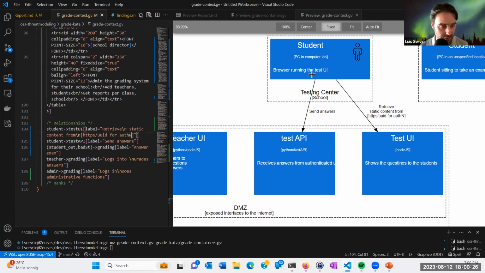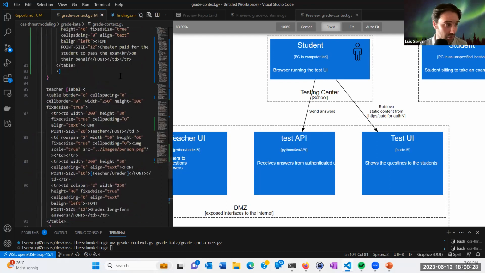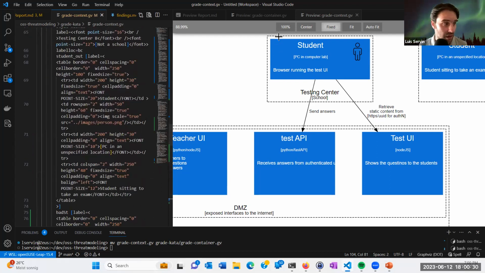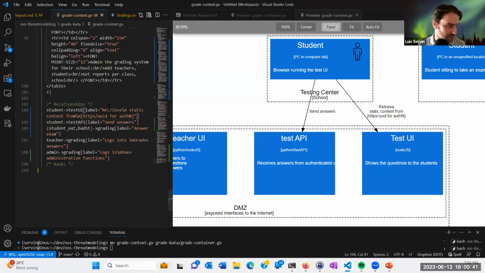So this person has a UUID, and then we could enhance this in the context diagram, saying how this person gets the authentication code. I don't know, right? So we could add that later. And basically the same story happens to the teacher. So the teacher